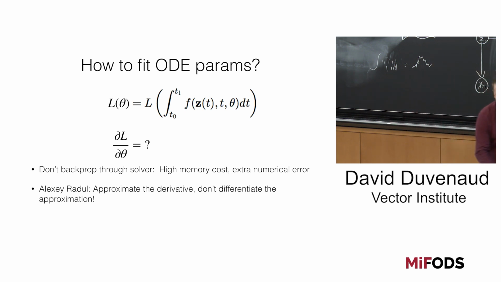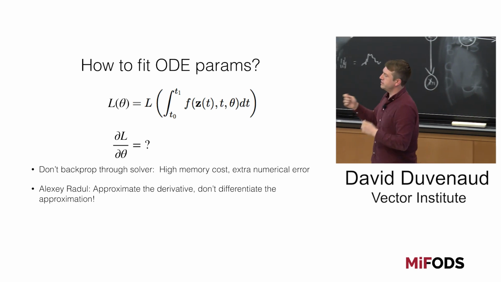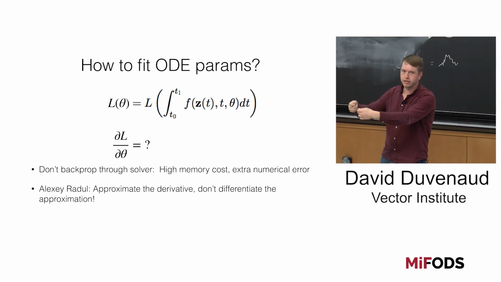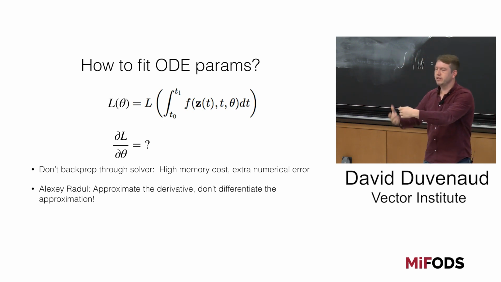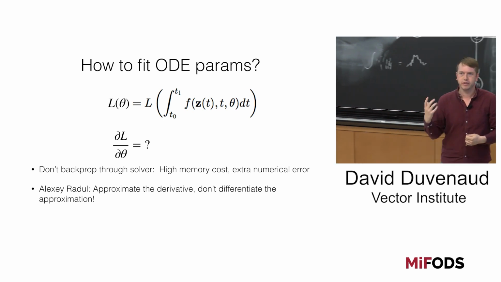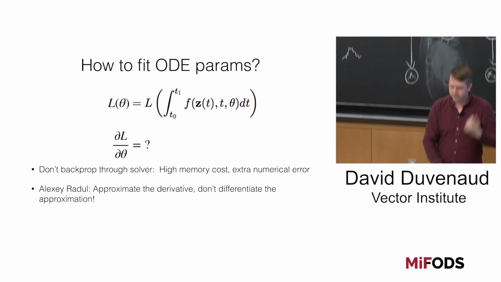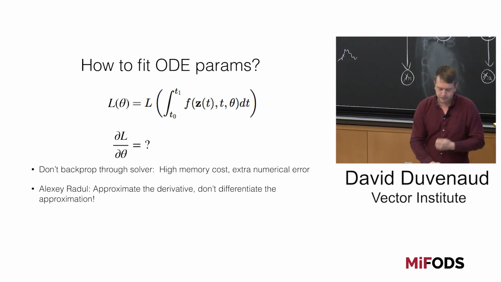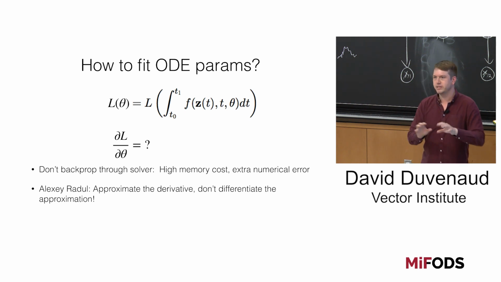I would also say, it's kind of a subtle point, that the ODE solvers are trying to control the error of the trajectory of the state. They're not trying to control the error of the gradient. If you control the error of the state perfectly, I think you'll get pretty good estimates of the error of the gradient, but it's just not something that's being directly controlled. And Alexey Radul over at Google always says you should approximate to the exact derivative, not differentiate through the approximation. But there have been religious wars in the numerics communities about these two approaches. I'm not going to say this is the only way to do it.